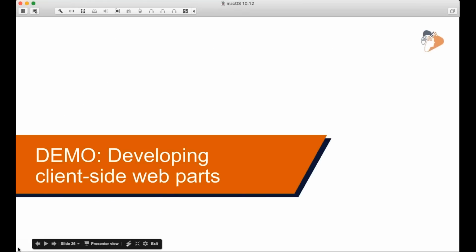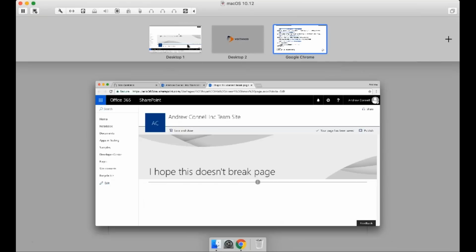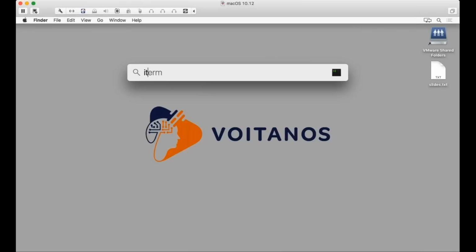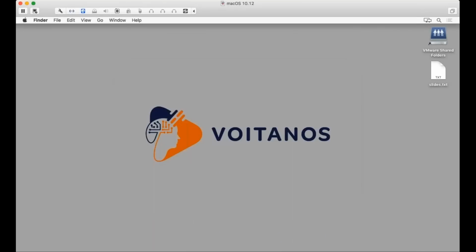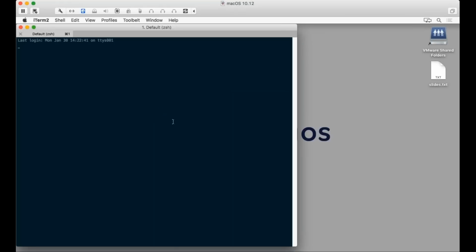All right, so I'm going to switch back over here to my demo. Let's come over to my desktop, and I'm going to open up my terminal window. I'm here on OS X, but if you were on Windows, everything you're going to see here is basically the same. So I'm going to jump into a folder called dev, and create a new folder, mkdir, we're going to call this the Lightning Tools Web Part 01, and then I'm just going to change directory into that, cd $_.